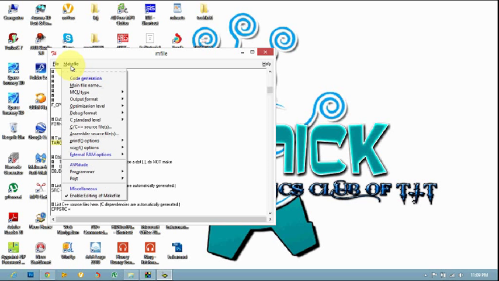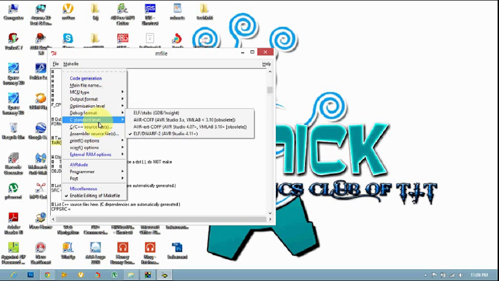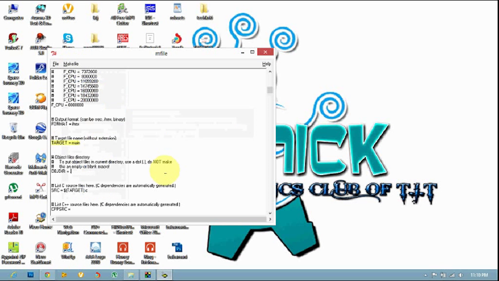Then again go to Makefile. Then you have your C standard level, which should be GNU99. Debug format should be ELF/DWARF, compatible with AVR Studio 4.11 plus. Then in here